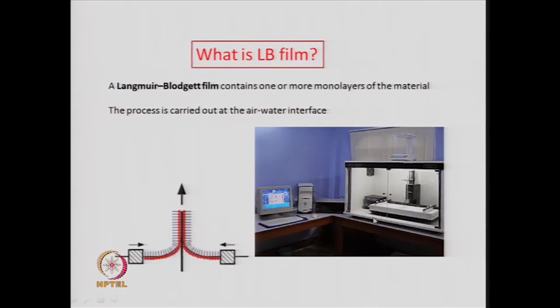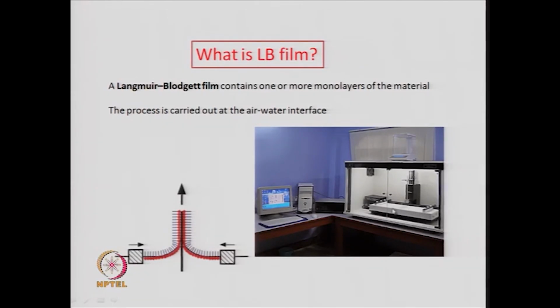So, this is the photograph of an LB trough. It is made normally of Teflon, and you have water inside, on top of which you want to make the film, and on either side of this trough you see these Teflon rods, square rods. They create a pressure on the film. So, they are called barriers, and this one moves inwards and this one also moves inwards, creating a pressure